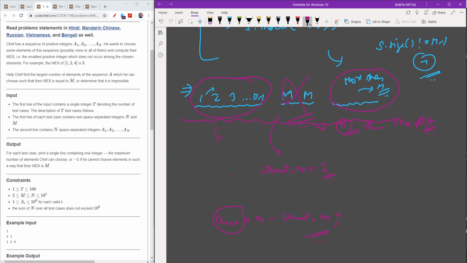And yeah, better make sure to mark the -1 condition, which means the size of the set should be equal to m-1, and if it is not equal, then I will mark my answer as -1. So that's all for this problem.